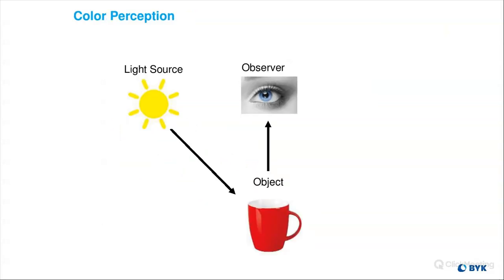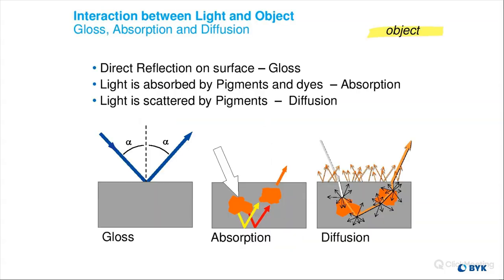All right. So we talked about the light sources, the importance of them, what they are. We talked a little bit about the observer angles. So let's go into the object, what's actually happening when that light hits the object. So we have a couple things that occur.